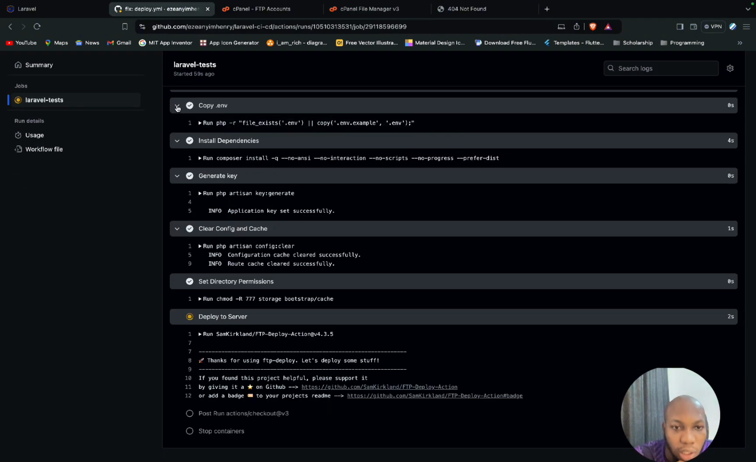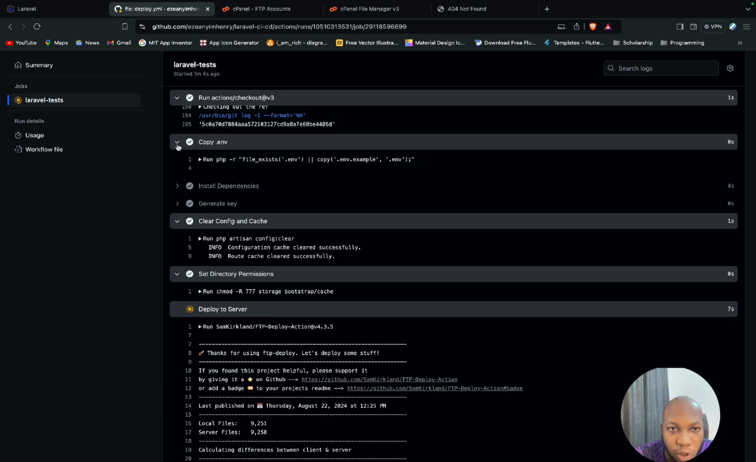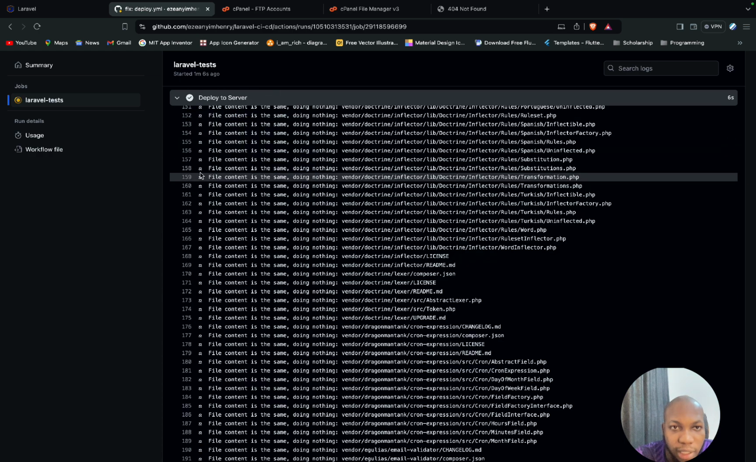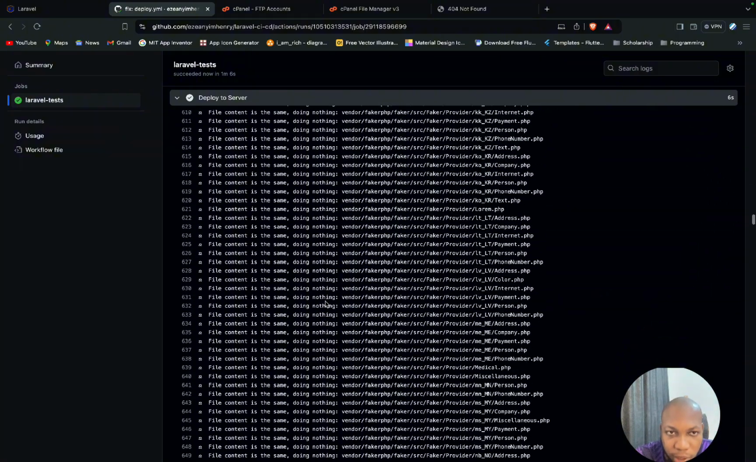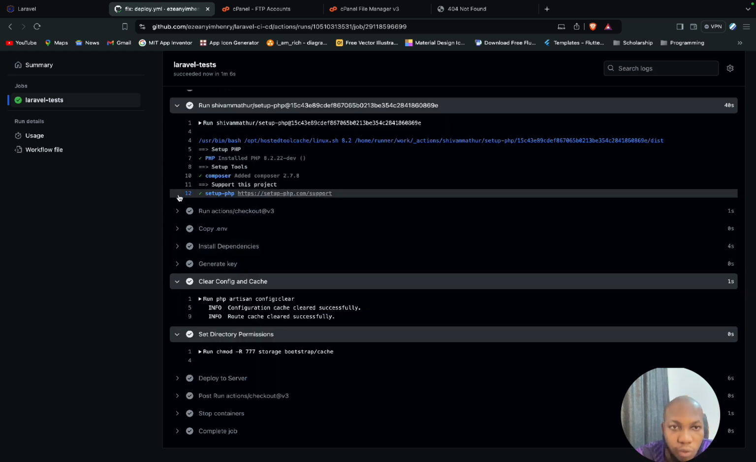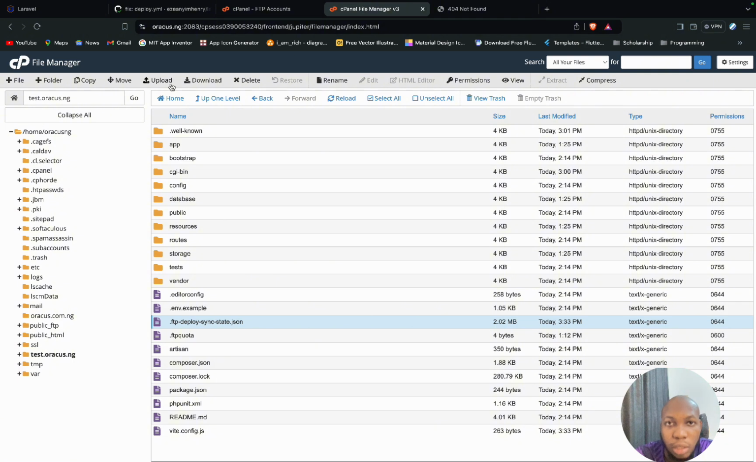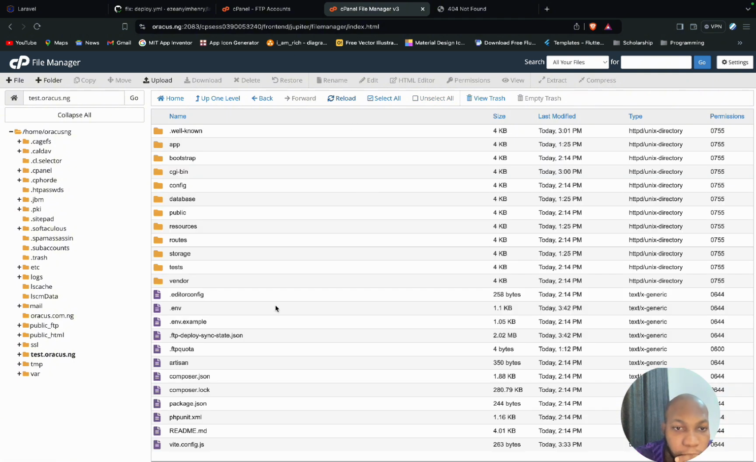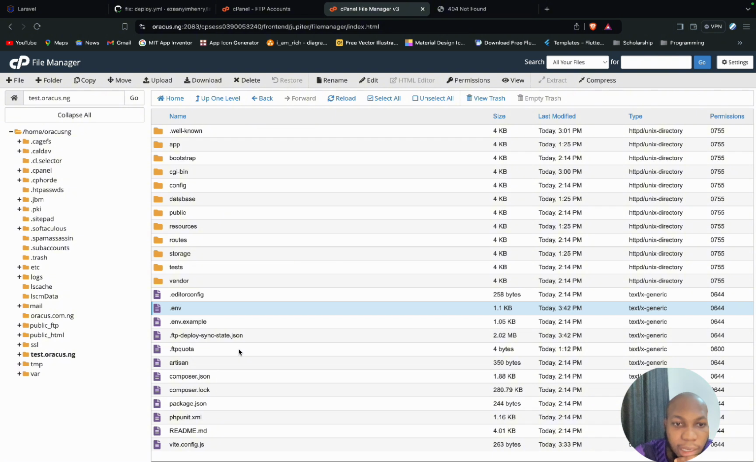As simple as that. So you can see now it successfully copied env, right? And now file content is the same for a lot of places. Now deploying to server has been done. That's how fast it runs. So we successfully synchronized our file. Now if I reload what we have here, you can see now that we have a .env file here. But still, when you enter the website, you still can't access it yet,